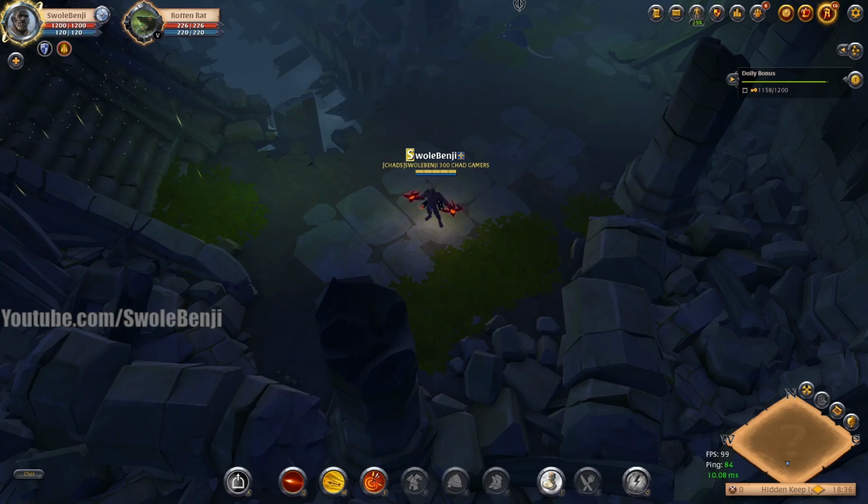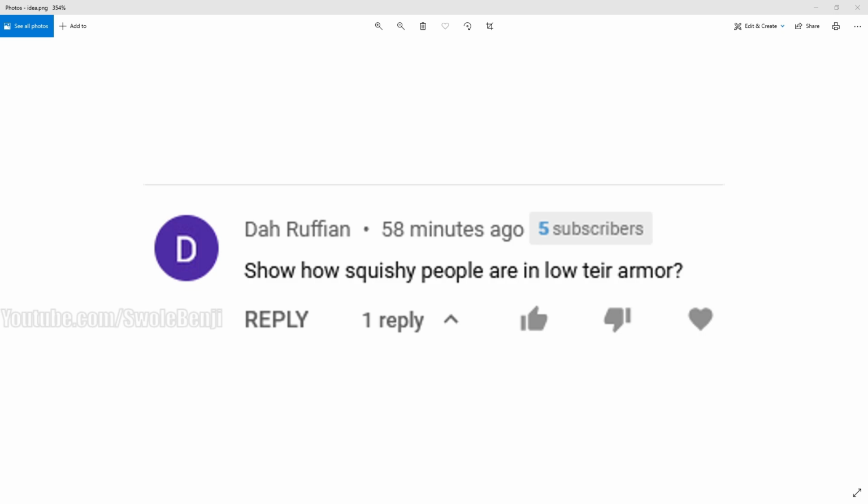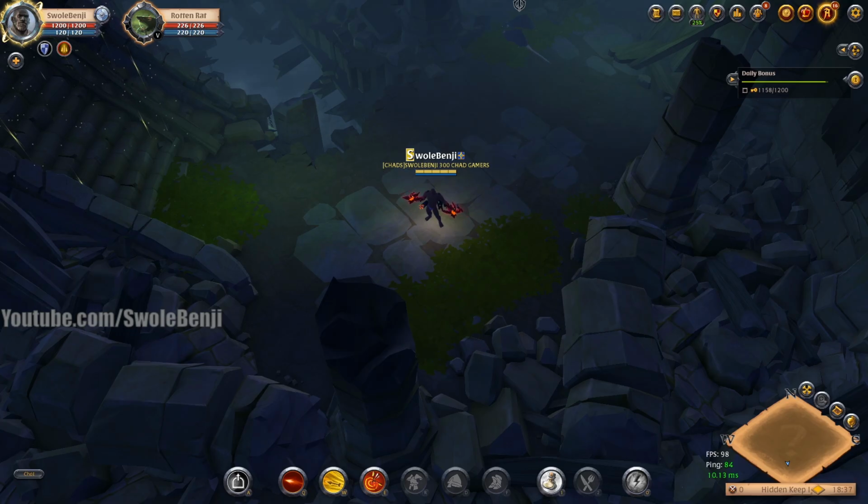SwoleBenji here. So today we are going to be doing armor testing with spec and also armor grade. We will be using a mercenary jacket for the test, and I just want to say right now real quick that this idea comes from the Ruffian, who asked, show how squishy people are in low tier armor. Since we did a test for weapon damage, now we are going to do a test for just armor and